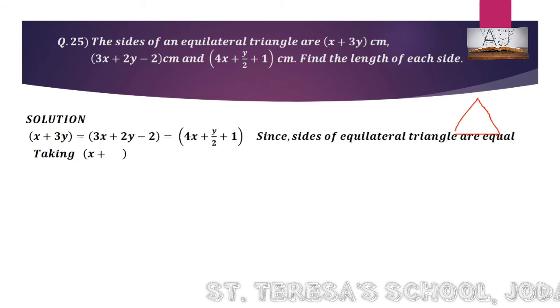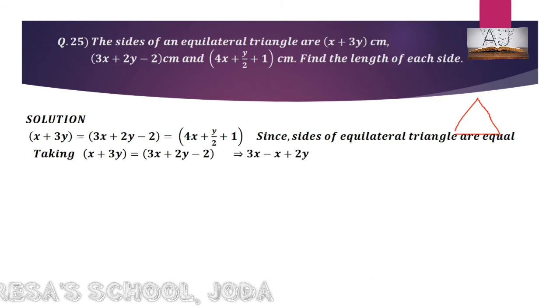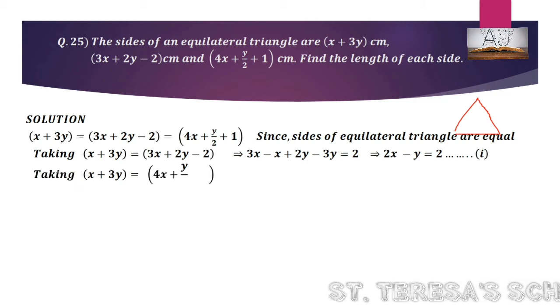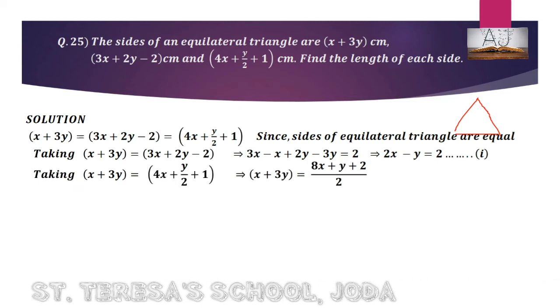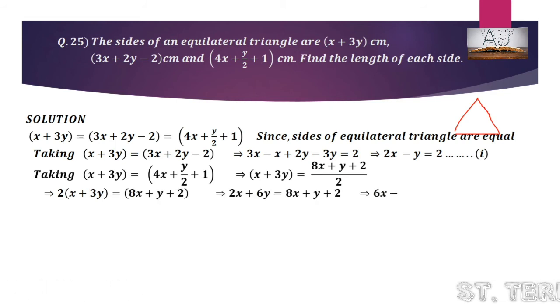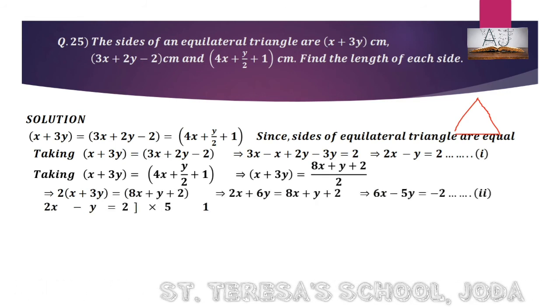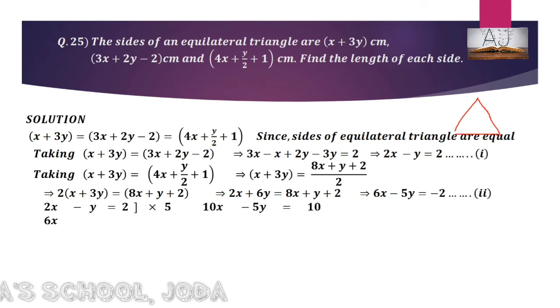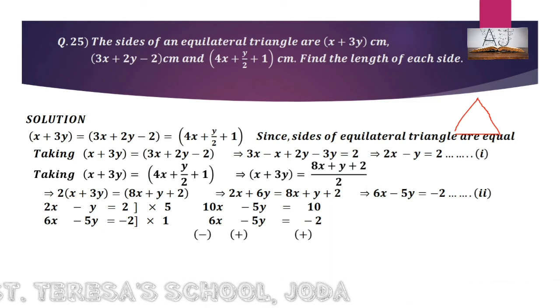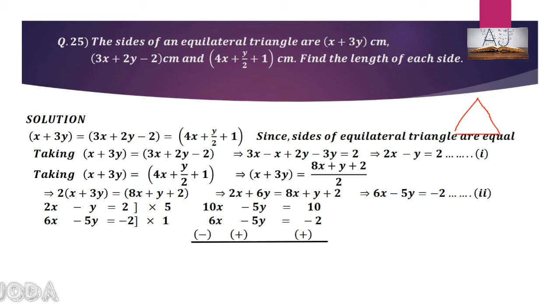So now we will make two of them equal and we'll get an equation by simplifying, and then we'll take one more. Okay, as we did in one of the sums. Same way we have to do here also. And then we get one more equation. Now we have to simplify both the equations in the way we were doing earlier. We have to multiply and make one of them equal. Here I'm making the y equal, so this becomes, but we have to change the signs here, you know. After changing the signs, these two will get cancelled.